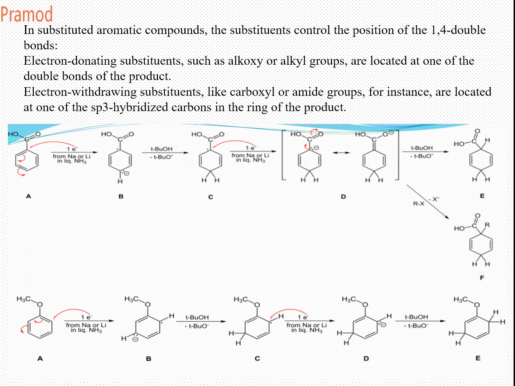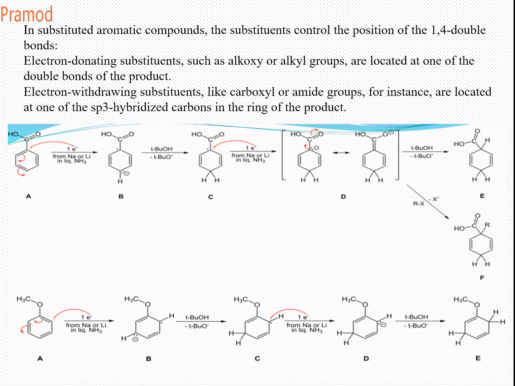Now let's consider the second reaction. So what is the product? The product is 1,4-cyclohexadiene in case of an electron withdrawing group. Now what happens if there is an electron donating group? You see the structure properly. The electron attacks the adjacent carbon. Why does the electron attack the adjacent carbon? It will not attack the carbon where there is a group attached. Where there is an electron donating group, the electrons will not attack.